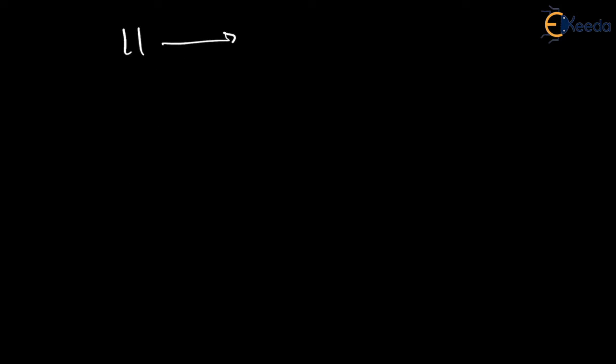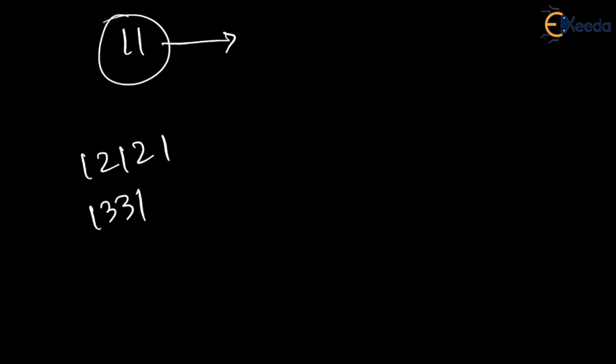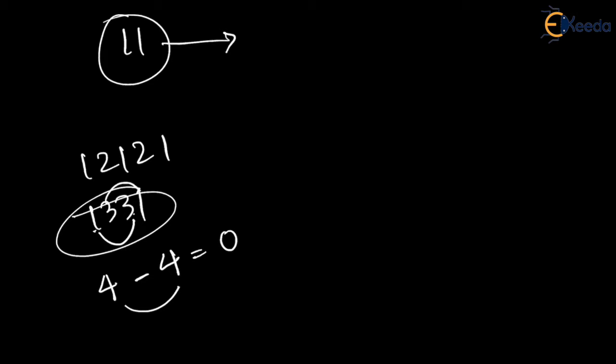Now, 11 is a special number. So, if I give you a number like this, try to understand. Let us first solve an example, then you'll understand better. Whenever they ask you if a number is divisible by 11 or not, you have to go alternately. So 1 and 3 is 4, add them. 3 and 1 is 4, add them. Then take the difference of this, the difference is 0. So whenever the difference of the sums of the alternate digits is 0 or a multiple of 11, then this number is divisible by 11. And if you observe, this is actually 11 cube.